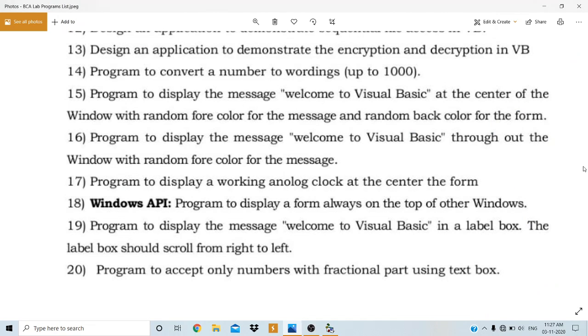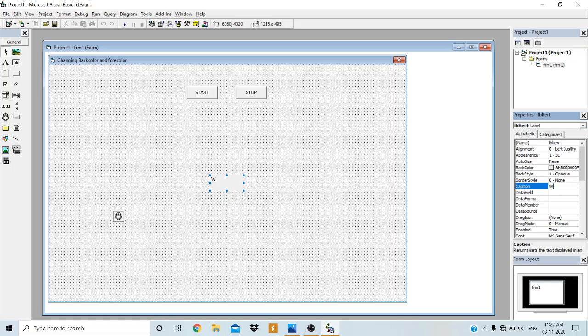Yes, here is the problem statement. We have to write the message that is welcome to Visual Basic. So I will change the caption as welcome to Visual Basic, and I will increase the width of this label. See here, the label is appearing somewhere here, or if you just keep it somewhere here, but what